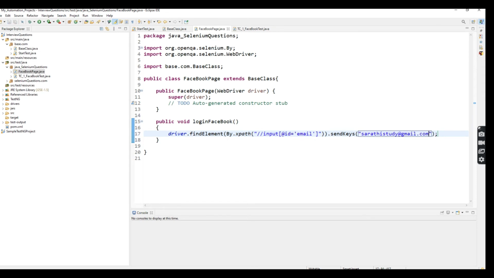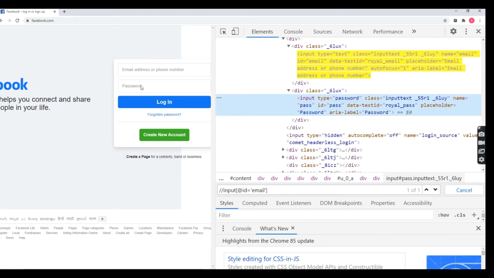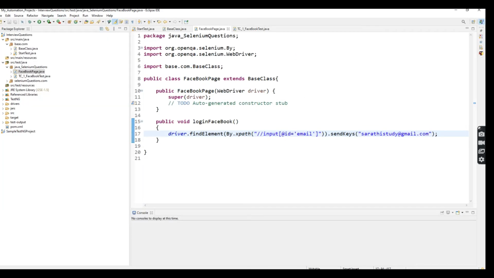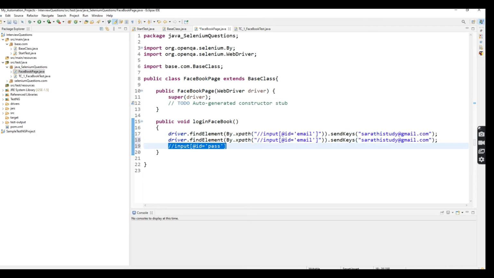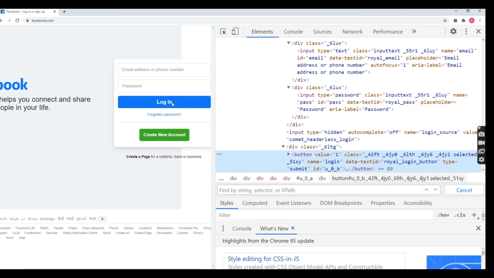So this is the one step, and again I'm going to perform the second step, which is the password. I'm using password here, I just replace it. Double quotes I replace with single quotes. Here I just replace the password, and I'm going to give something like Natasha. Then the third step is click on the login button, right?